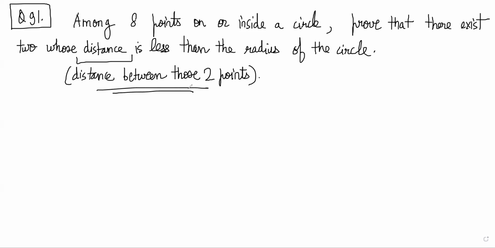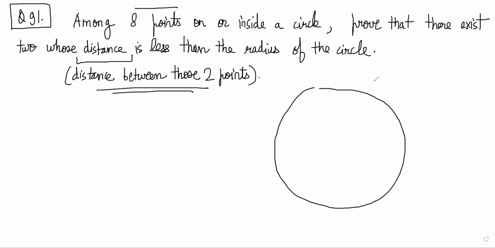This is a very nice problem. It's a little tricky, but it uses the pigeonhole principle. So think about it. There are 8 points on or inside a circle. The points could be anywhere on the circle's perimeter or inside the circle also, right? So if there are 8 points on or inside a circle,